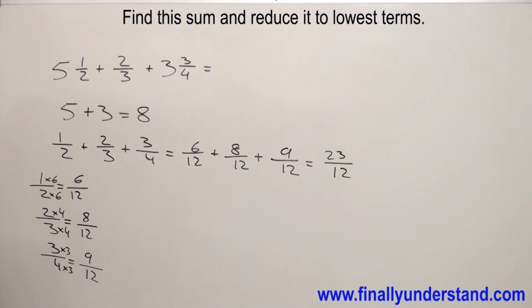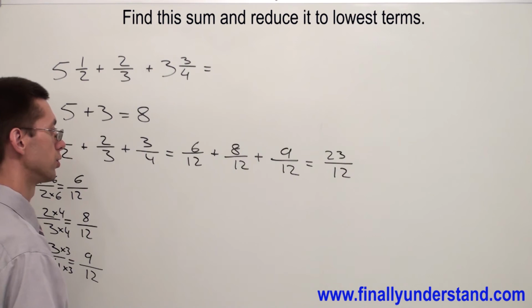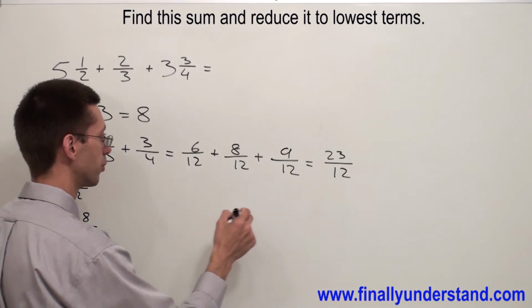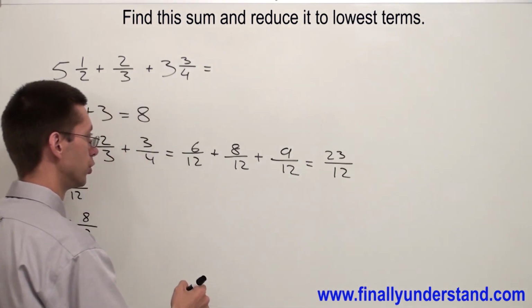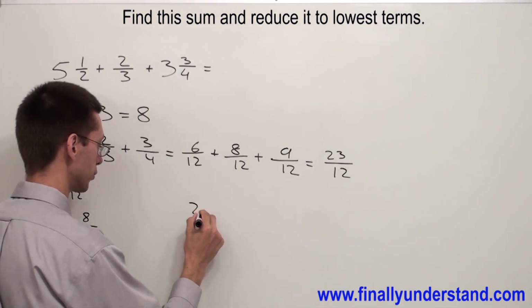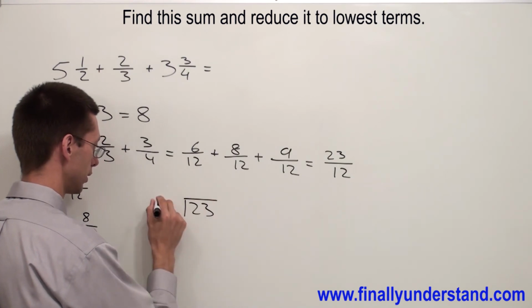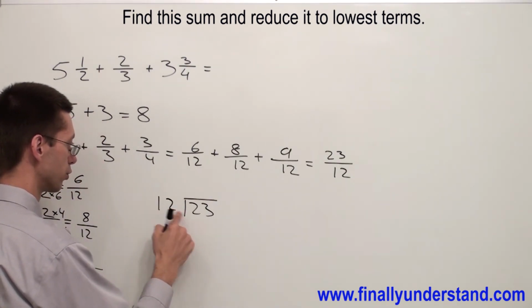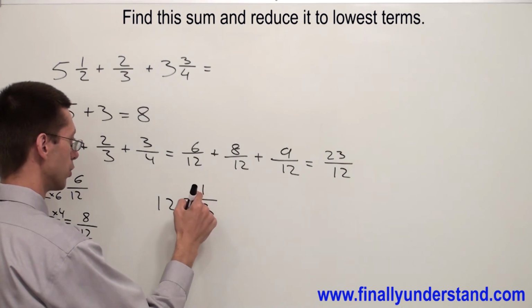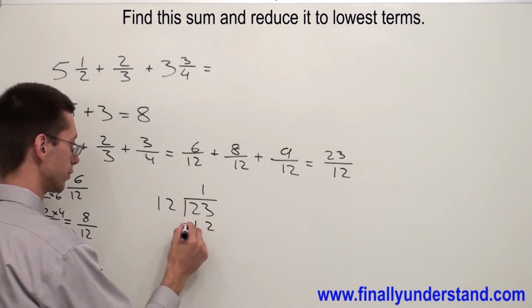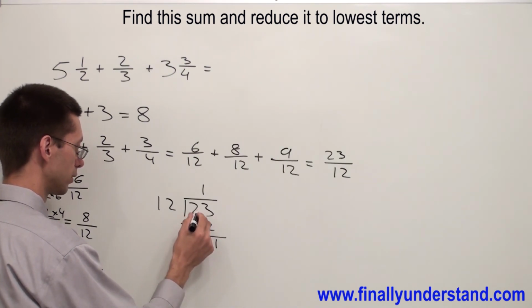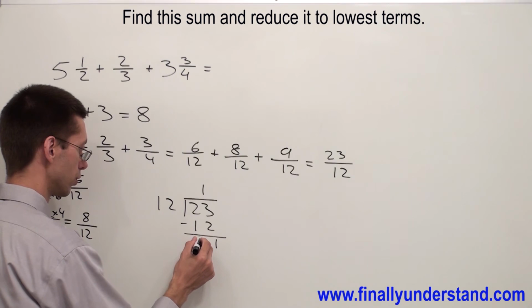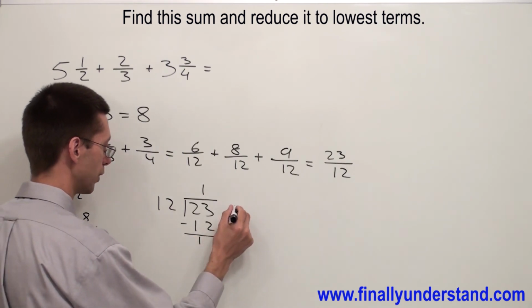Now, this is an improper fraction. I have to convert the improper fraction to a mixed number. I simply have to check how many times 12 goes into 23. So I have 23 and 12 over here. 12 goes into 23 once. 1 times 12 is 12. Subtract: 3 minus 2 is 1. 2 minus 1 is 1. Okay, so my answer is